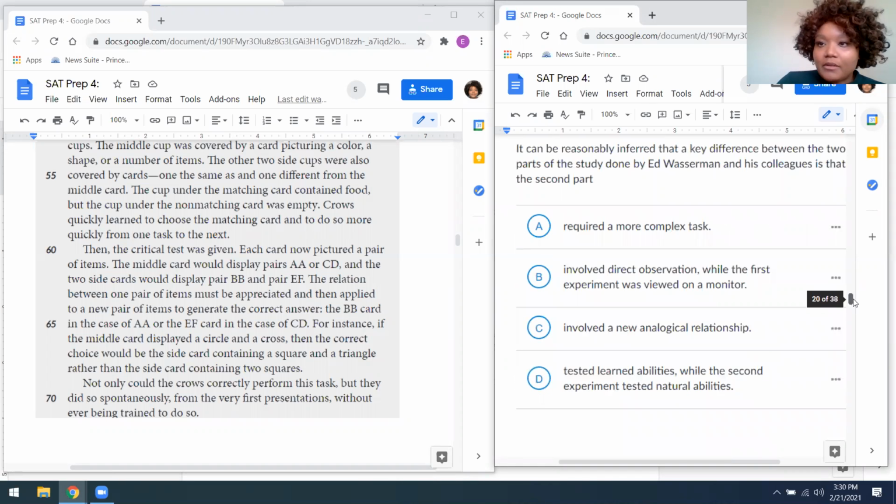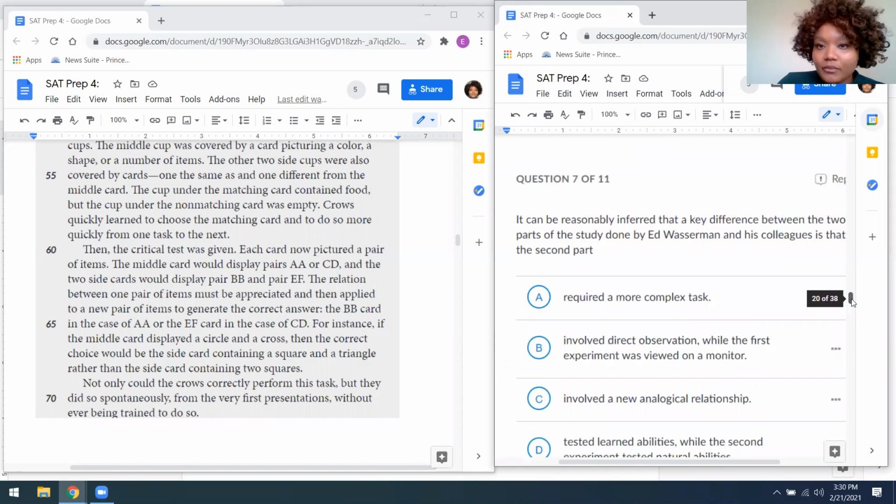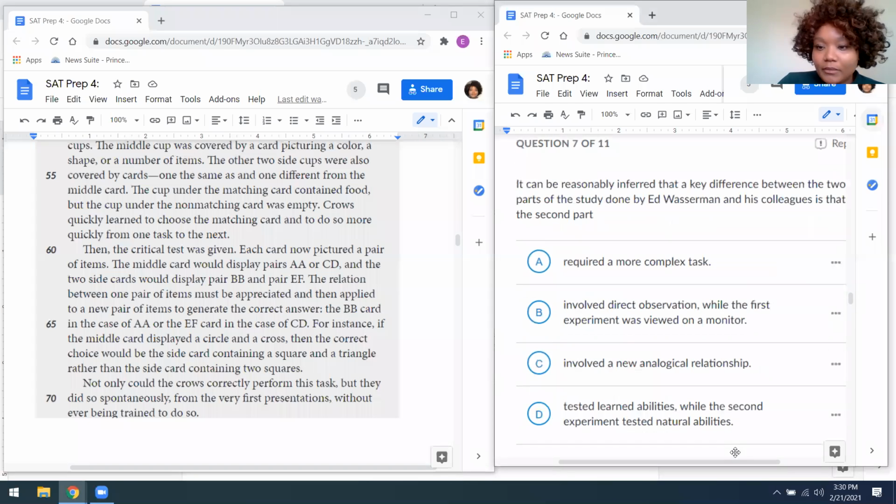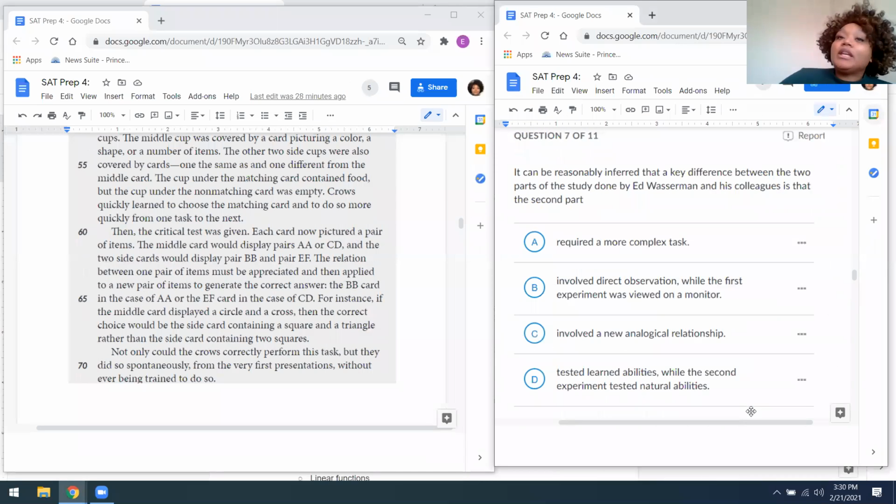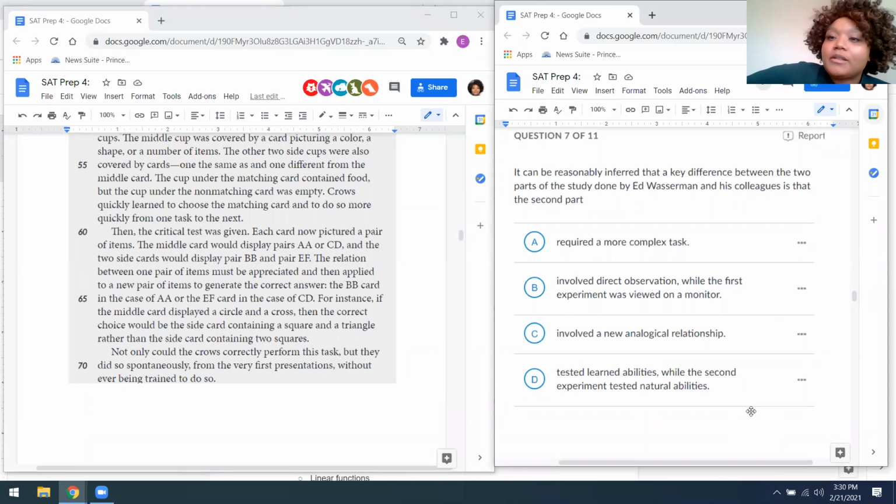Okay, number 7. This is a little too big. Okay, there we go. Everyone put your answers in the chat, please. While I read it: it can be reasonably inferred that a key difference between the two parts of the study done by Ed Wasserman and his colleagues is that the second part,